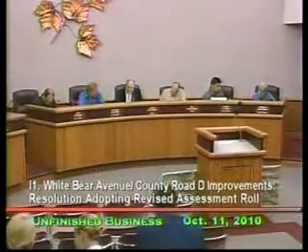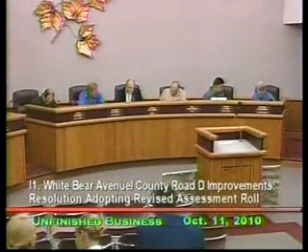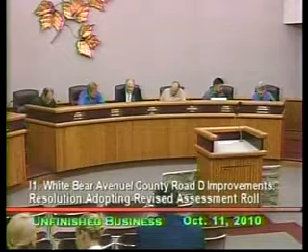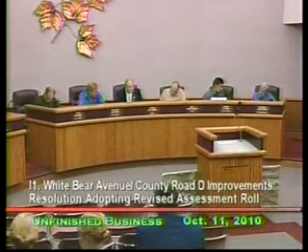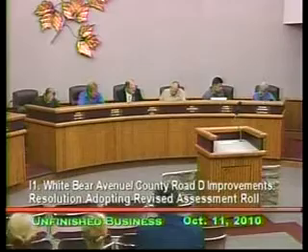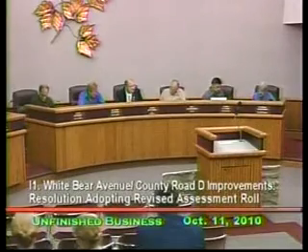Nephew for the revised assessment roll. Any further discussion? All in favor, say aye. Aye. Are there any opposed? It's ayes all. Okay, then we move down to the Frost Avenue Bridge Replacement City Project 10-07, approval of bridge